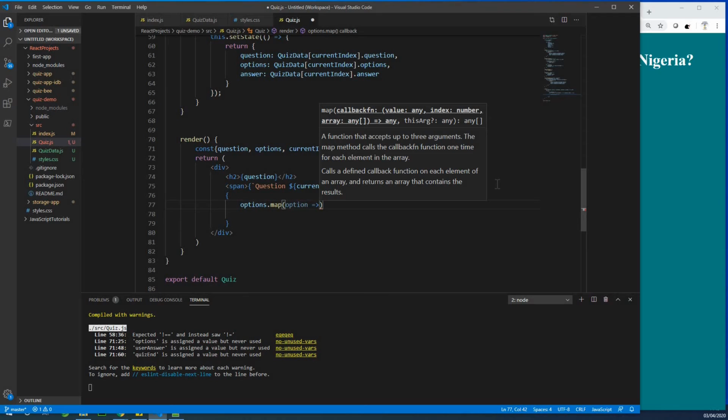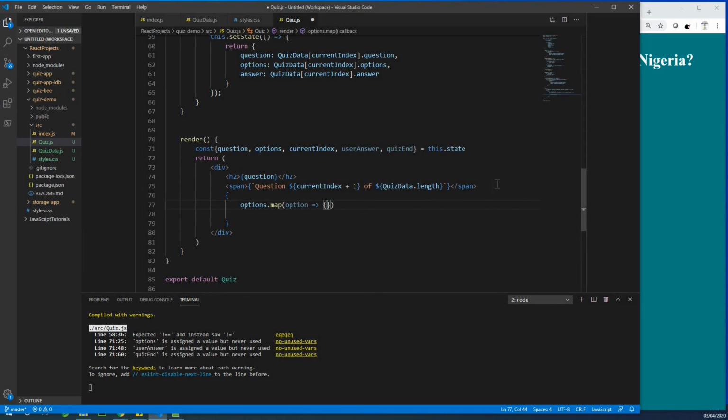Because this now is starting an arrow function, option is equal to, I want to display the option. For each of the options, we are going to display an option. We are going to run a function that says, let's see. So first,